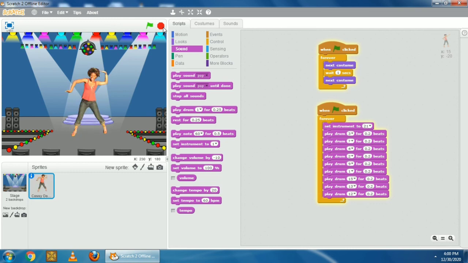You can hear the sound of music change every time, as we set the drum to different notes and different beats. Every time it will change the costume because we took this next costume block.